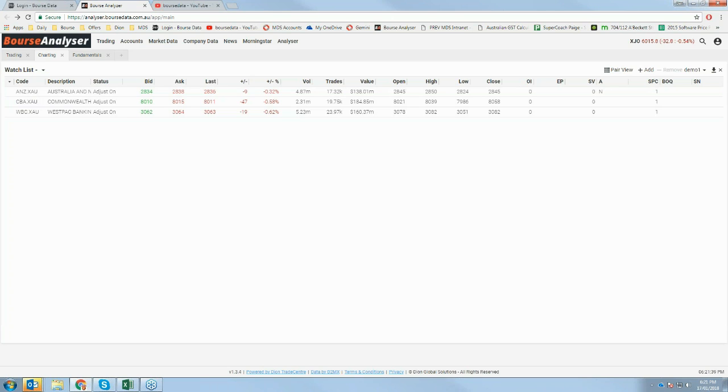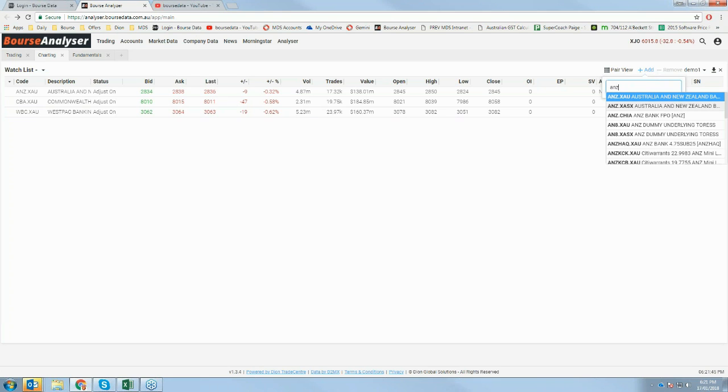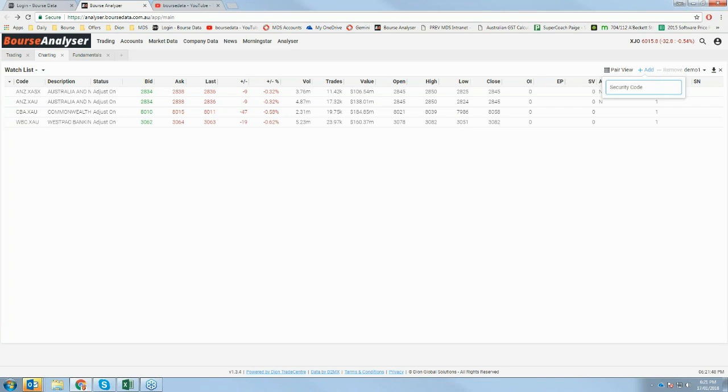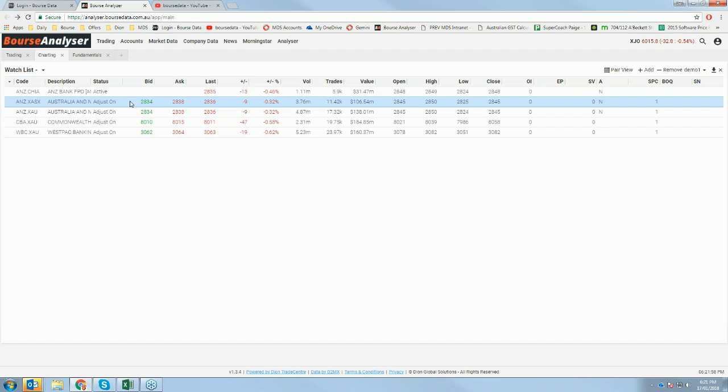So if I quickly jump back up here and add some codes, I'm going to do this for ANZ, and I'll show you the comparison in there. So I've added just the ASX market. Now if I go in here and add my Chi-X market, so on the ASX, okay, easiest way to check it is in the value column here, it did 106 million,